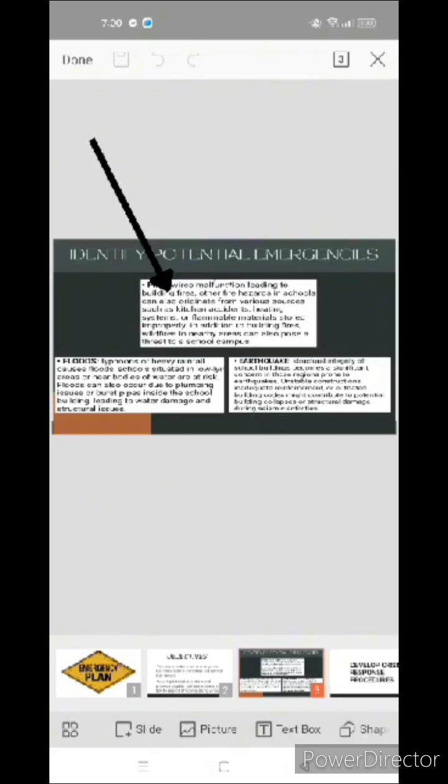Other fire hazards in schools can also originate from various sources such as kitchens, heating systems, or flammable materials stored improperly. In addition to building fires, wildfires in nearby areas can also pose a threat to a school campus. So, other fire hazards can also occur in our kitchen. For example, sa HM lab